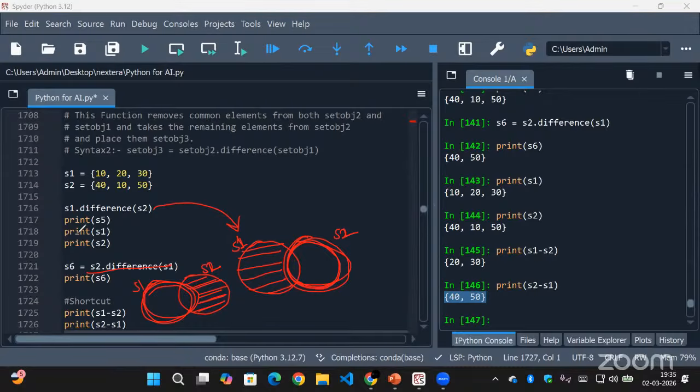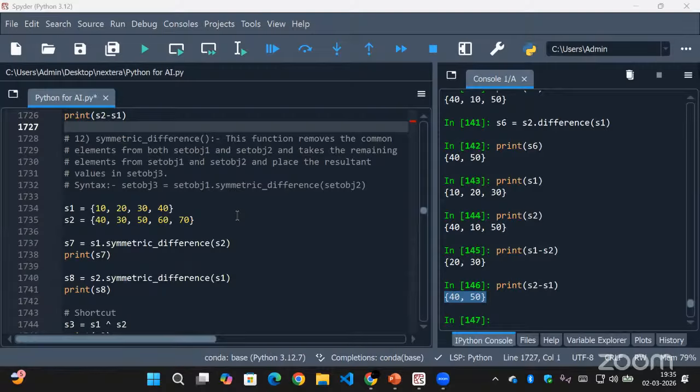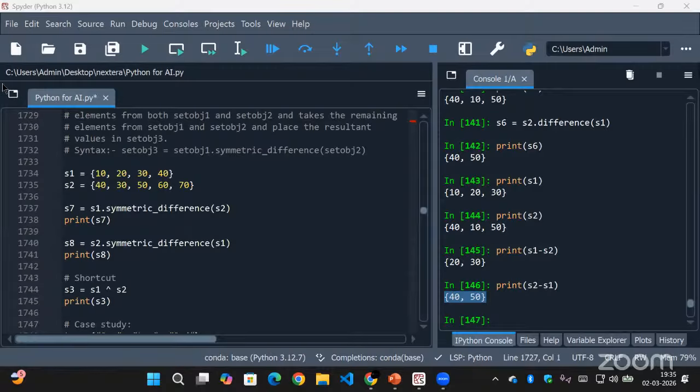But when it comes to symmetric difference, it will remove the common elements and take the non-overlapping parts in both of those sets. So if I have sets S1 and S2, this will remove the common part, and only these non-overlapping parts will be printed. So if you see here, let's take